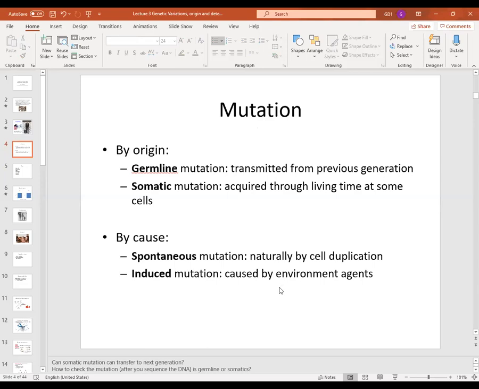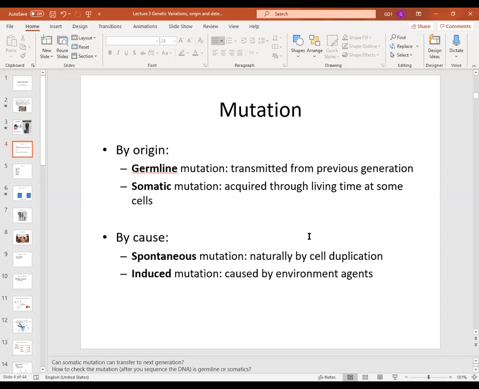The next question I want to check with you is: how to check the mutation? For example, you have some tumor. I don't know if that tumor is cancer or a benign tumor. But if you know some molecular technology, you want to isolate DNA from that, you take a small biopsy, a little bit of meat from that skin, and you sequence that. You compare with the reference genome on the internet, and you find some mutation,